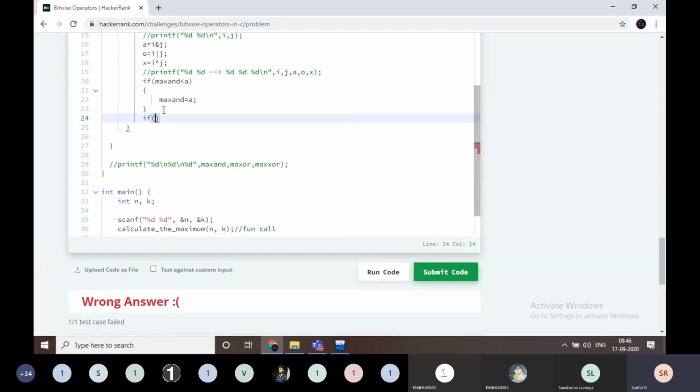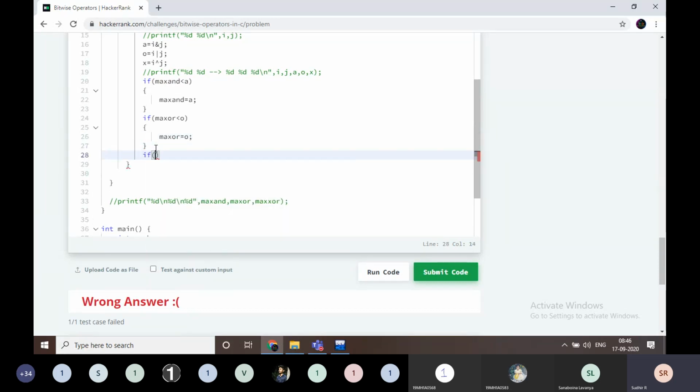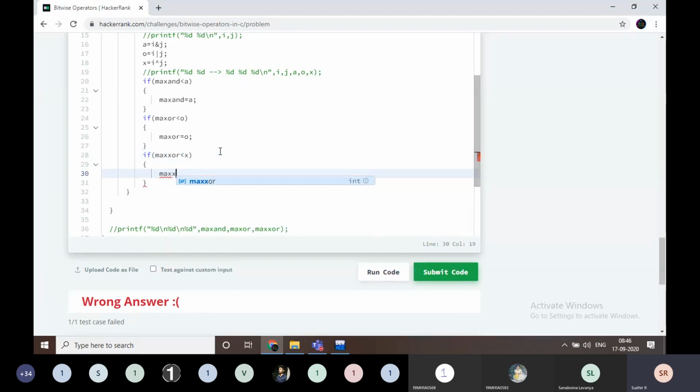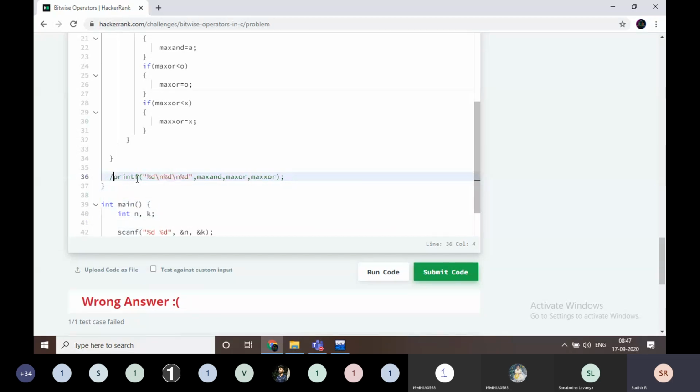Again, I am going to write: if max or is less than O, max or is equal to O. If max XOR is less than X, then I am going to write max XOR is equal to X. Now I am going to print the result.